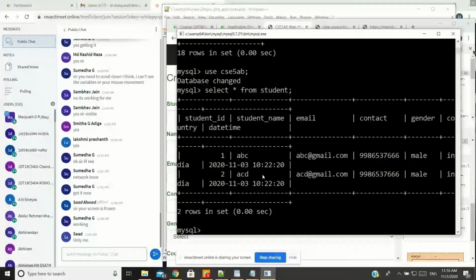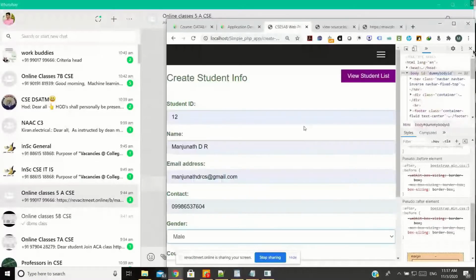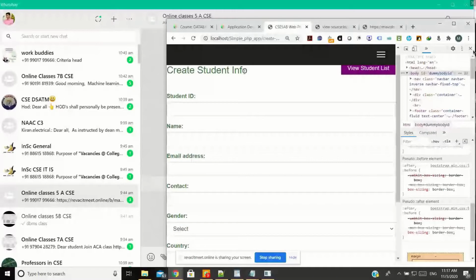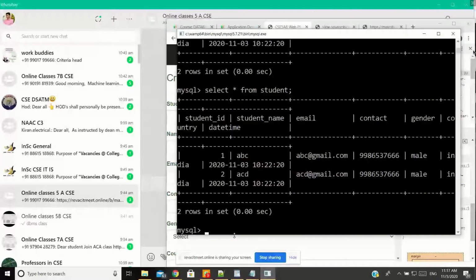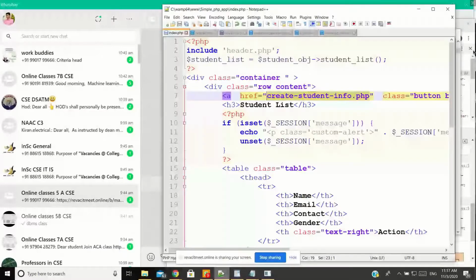So let me check what problem maybe is there. Let us see what is there. Since it has not given any error, let us do a little modification.